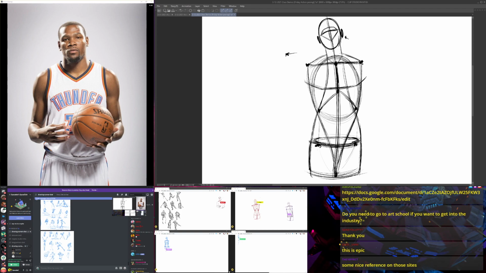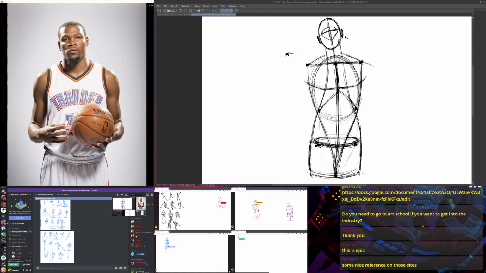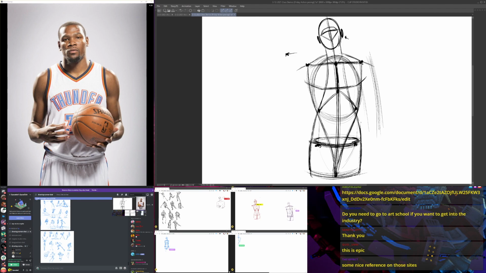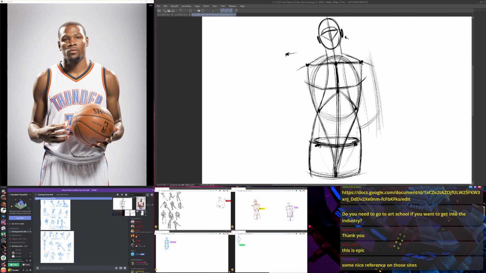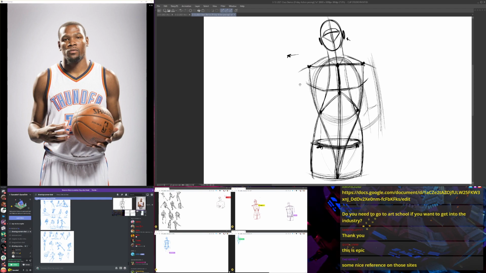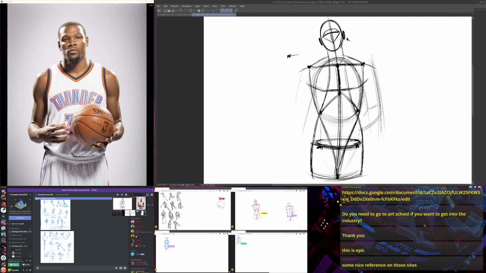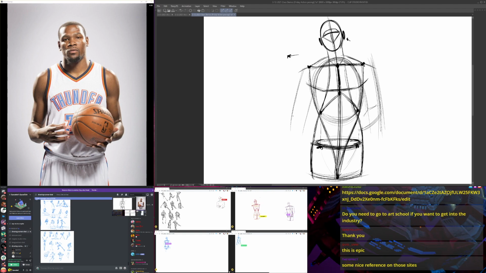So as far as the arms go, I'm gonna create a little extension out over here, going into a slightly different angle on either side. And then I'm just gonna hang some parallel lines off of the body here. So this ball and that hand cover up the torso, so this is as far as I'm gonna take this arm. I want to concentrate on the torso. But this other one, I'm gonna maybe take a little further.